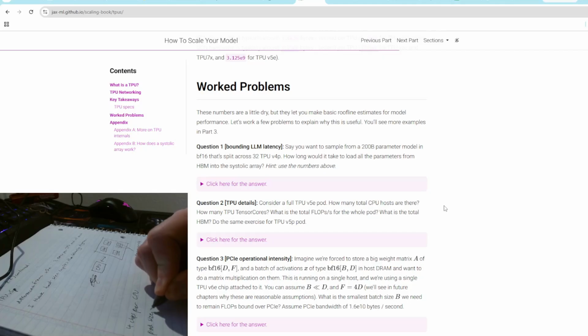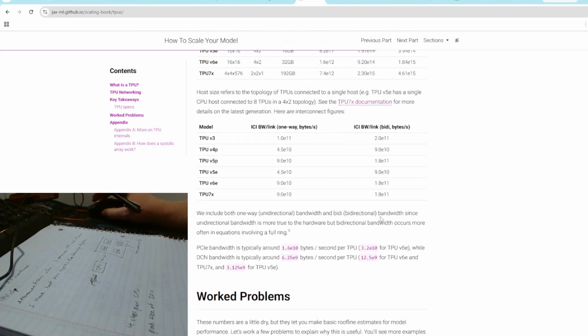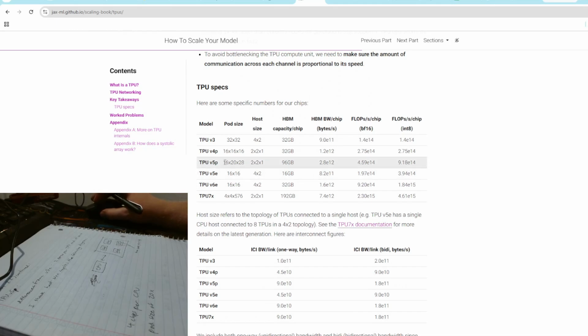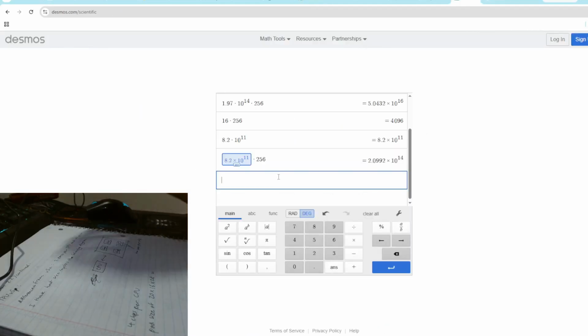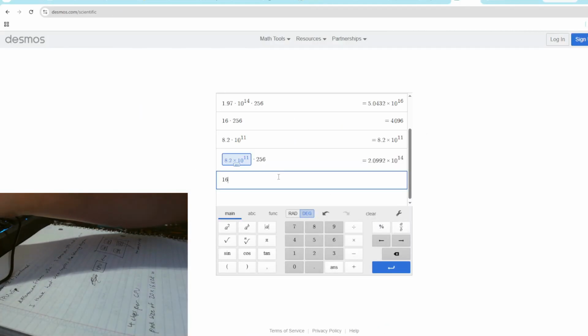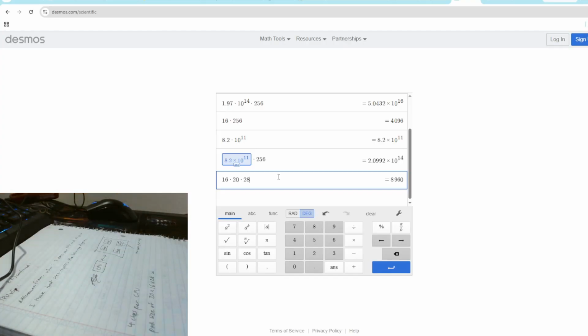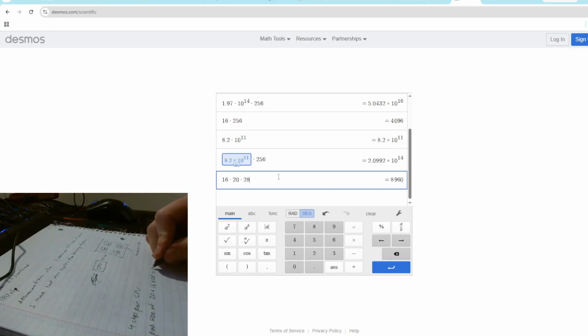Pod size of 16 by 20 by 28 equals 16 by 20 by 28 equals 8,960 chips,